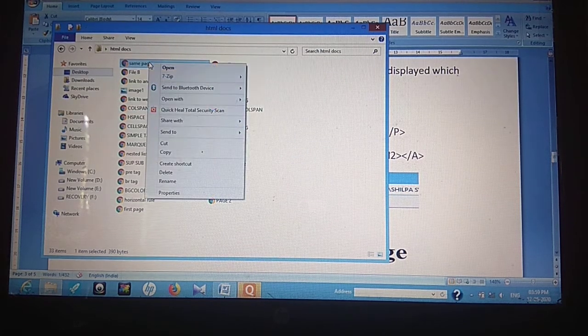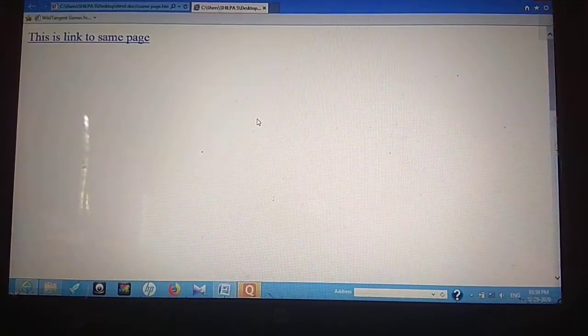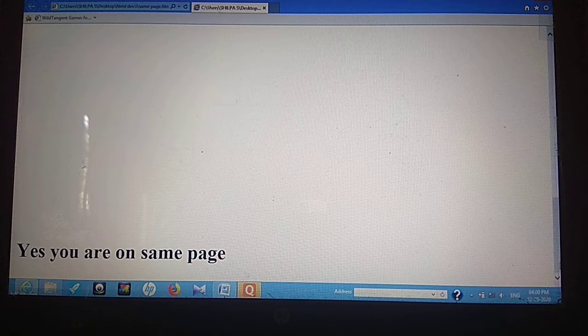This is stored over here, and this is the link. Now I'll scroll this web page. Suppose this has some lengthy text. I'm scrolling it down. Below, you can see you are on the same page, at the end of the page.